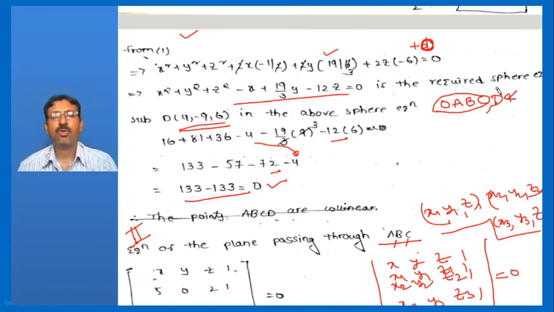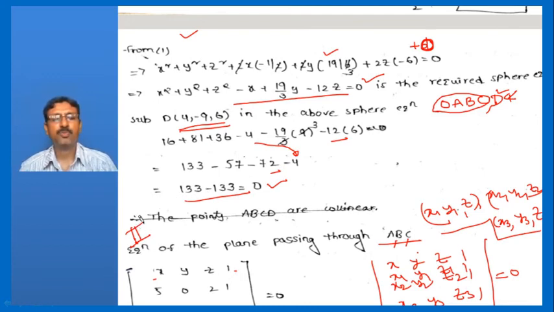If we substitute the coordinates of D in the equation of the sphere, we get an identity, that is, the left side and right side are both 0. Therefore the point D also lies on the sphere. So finally we conclude that the 4 points O, A, B, C, D lie on the sphere, and we require A, B, C, D to lie on the sphere. So this ends step 1.